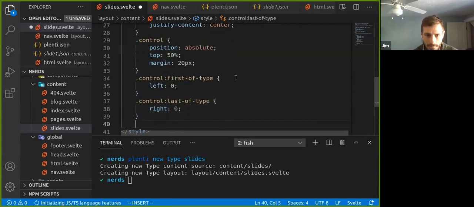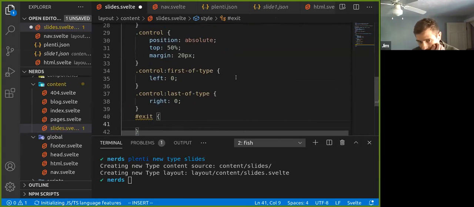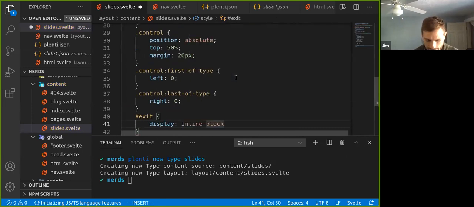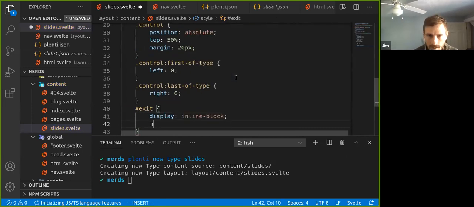Let's say we want our exit to be display inline block, and we'll give it a margin of 20 pixels at the top and the bottom, and then we'll center it by doing auto, and let's save that.